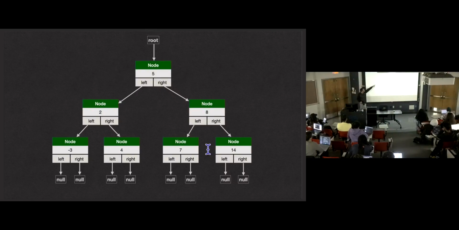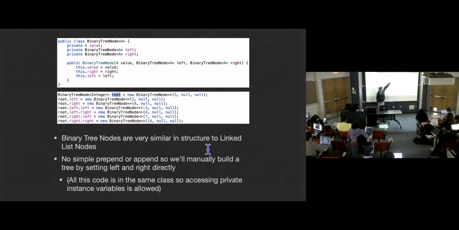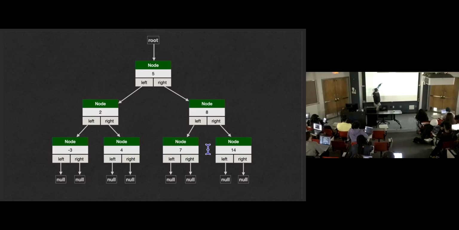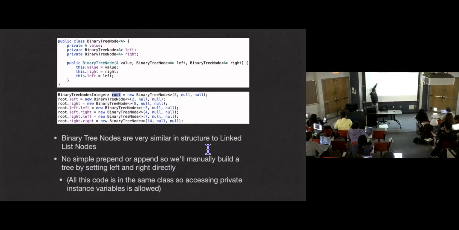We have the root node having the value 5. And we'll set the root.left equal to a node with 2. So root.left equals a new node. And we're manually setting the left and right nodes for each child. Root.left.right equals a node with the value 4. So we're building that same exact tree that we saw on the previous slide with this code.